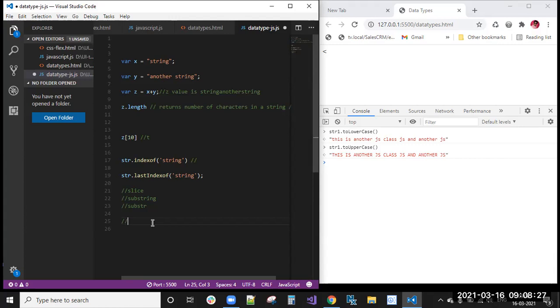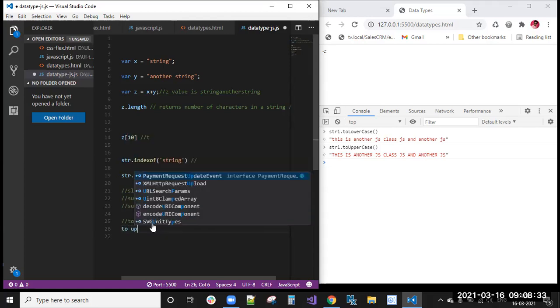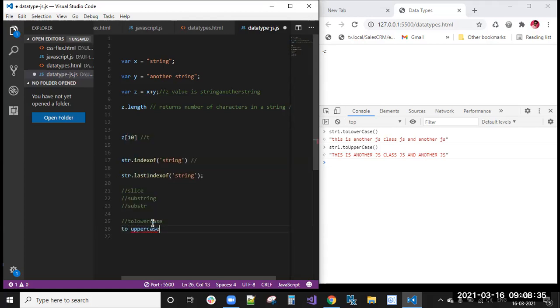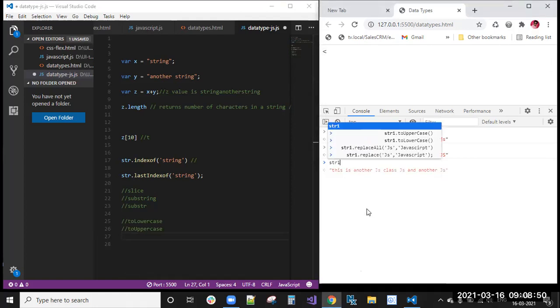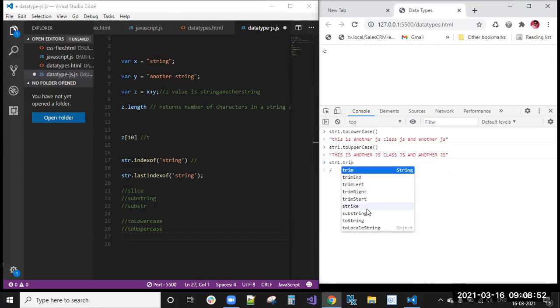We have completed that, right? So toLowerCase, toUpperCase. U is capital, you can see L is capital. toLowerCase, toUpperCase. Next, string.trim method.